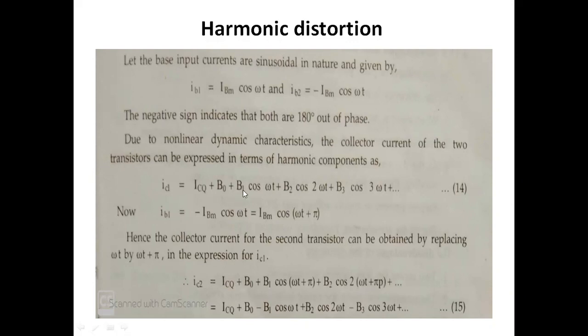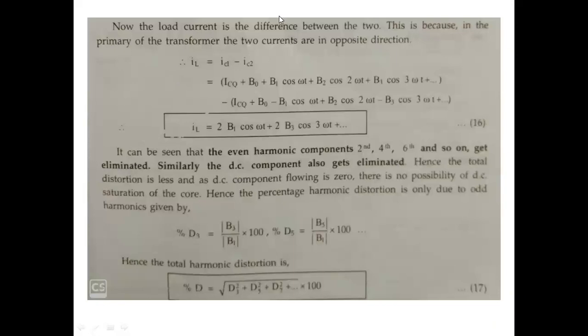And this is the expression for collector current of the first transistor, and those two currents flow in the load resistance. Load resistance means we are connecting a load at the output. So at the load, what is the current? The current is represented as IL. So the load current IL is equal to the difference of those two currents, that is IC1 minus IC2.